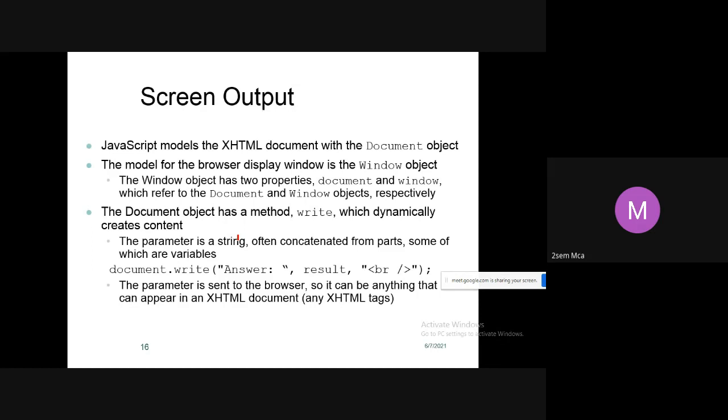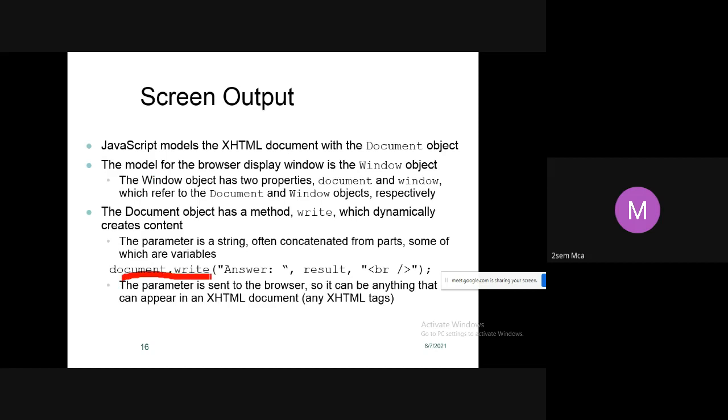Was that logic displayed on the output screen, students? No, it was not displayed. Why? Because there I have not used an output statement. I don't want to display my logic on the output screen. I just want to display the answer on the output screen. So to display the output, we use